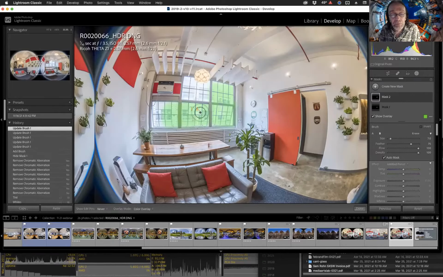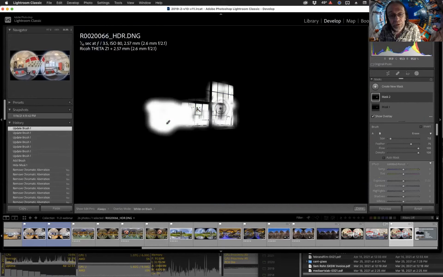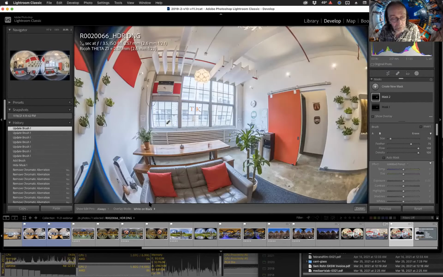But here we've done a bit of masking with the auto tool, auto mask selected, generally did it okay. We're going to unselect it. And here we're just going to do it sloppy all around everything, like that. If we look at the white on black mode, we can see more of what's going on here. In this case, auto mask generally did an okay job. We're going to switch out of that and back to the color overlay mode